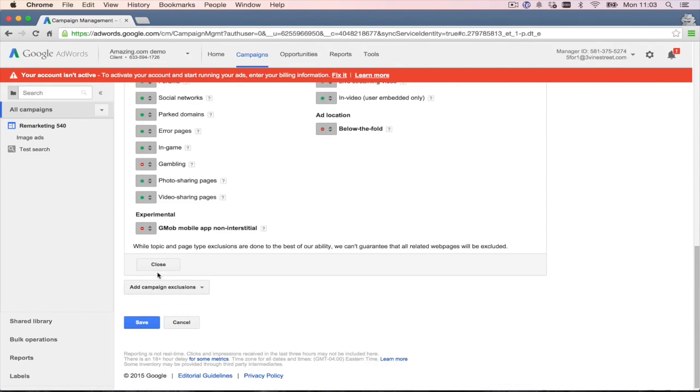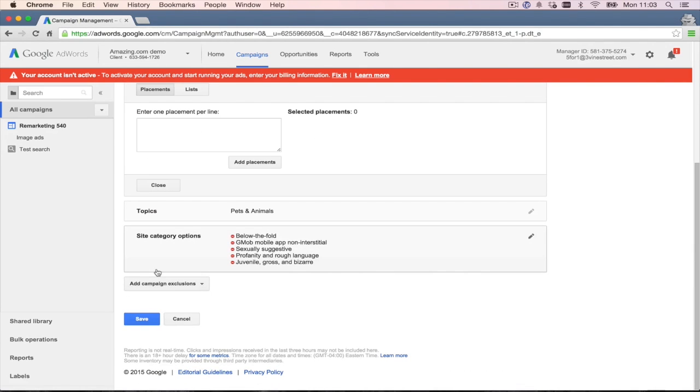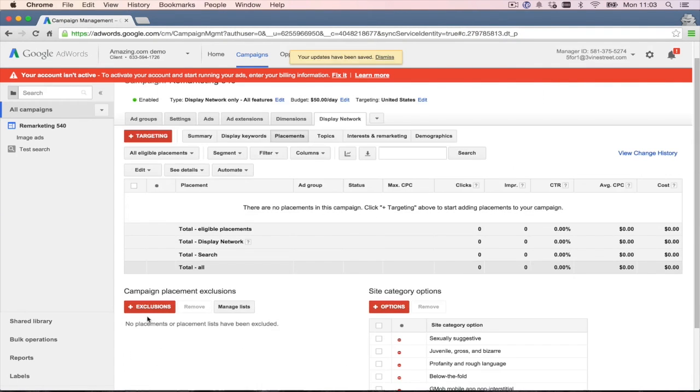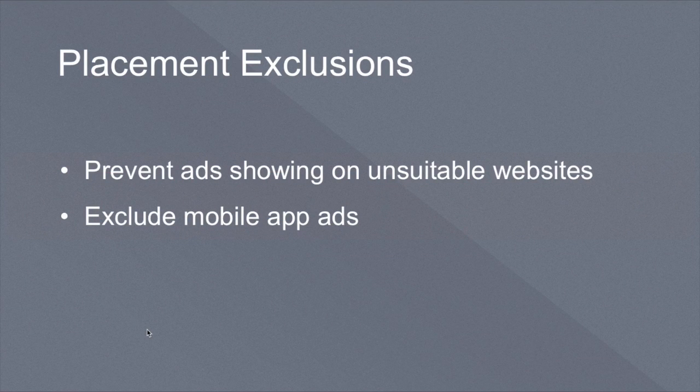That won't particularly change the way your campaign performs, but it will mean that you don't get your brand risked reputationally by having ads shown alongside something you consider inappropriate. Save that, and that will save the settings. Okay, so that said, once you've done that,